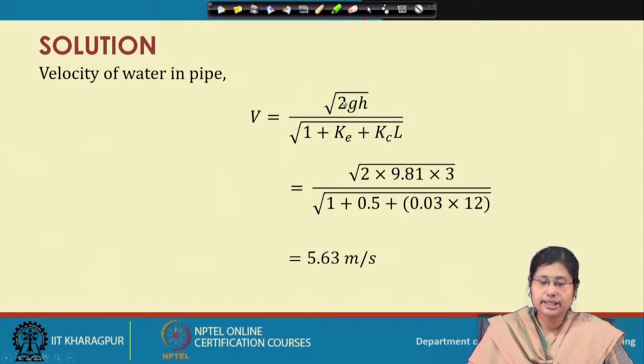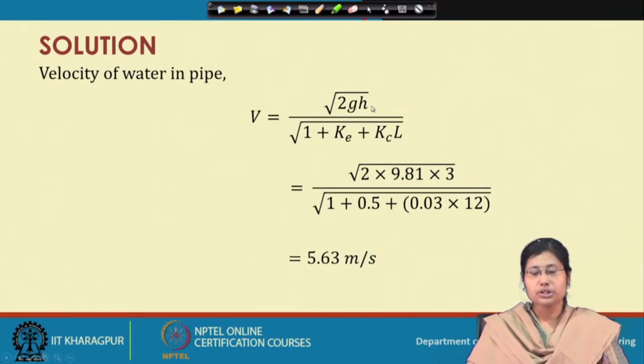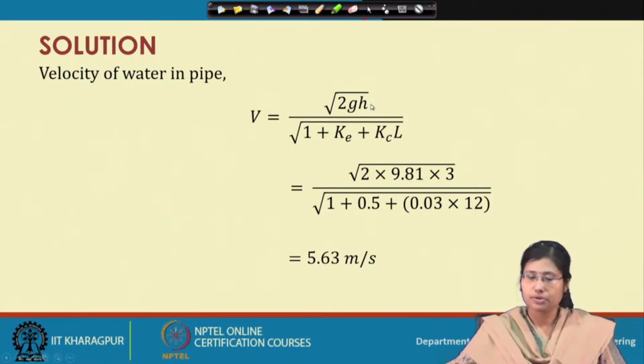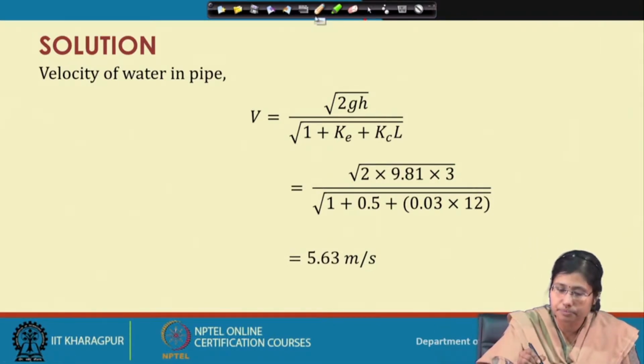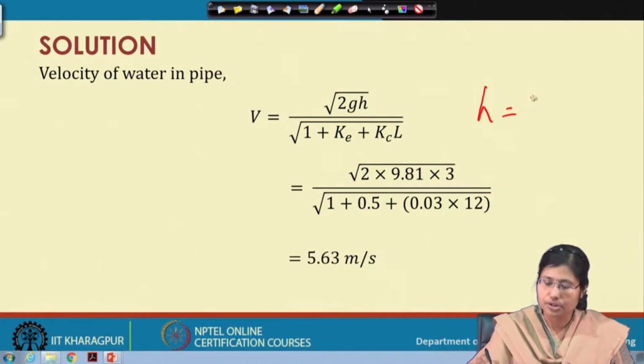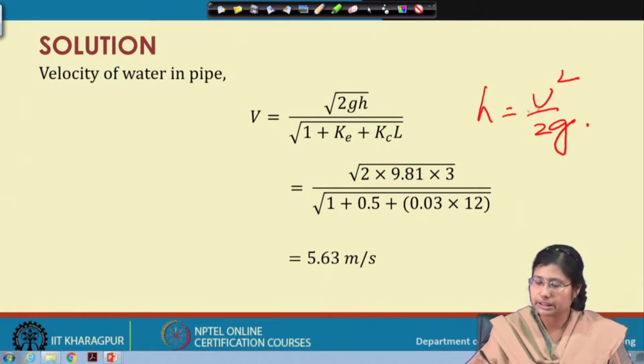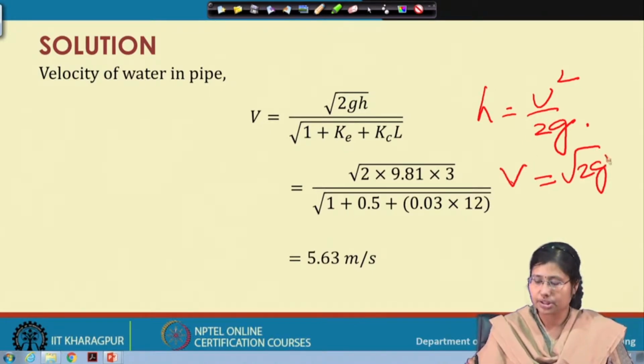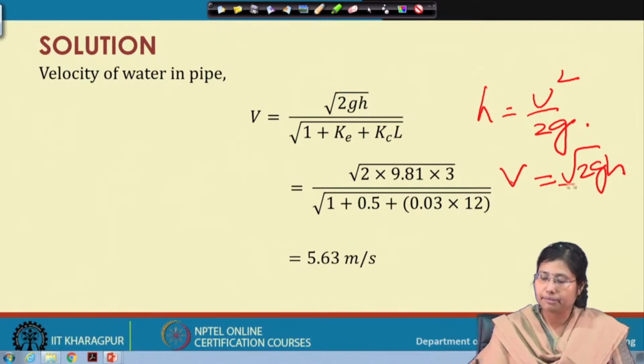The velocity head is given by the equation h equal to v square by 2 g, so v equal to root of 2 g h, but since it is pipe flow,